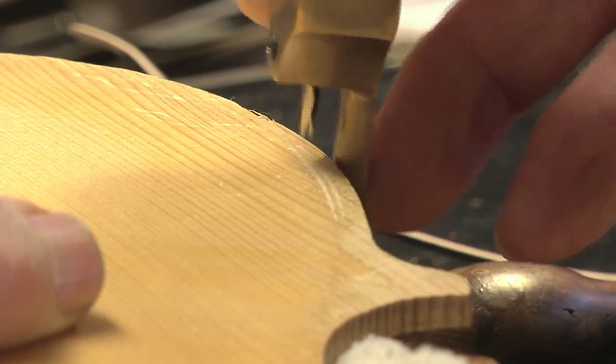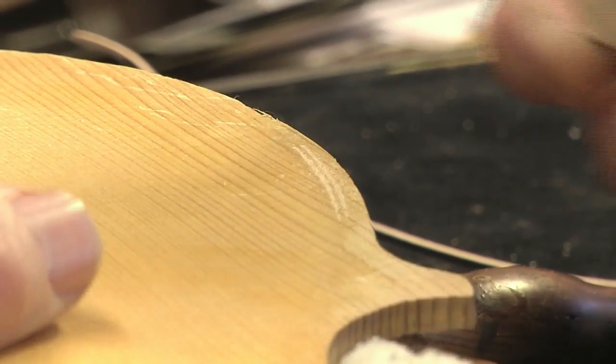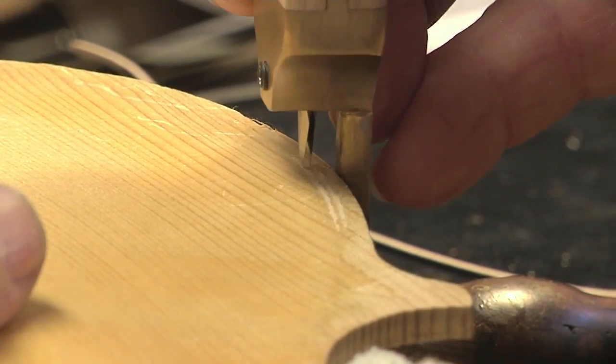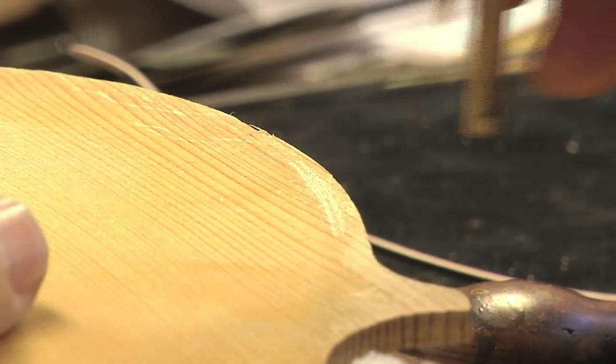And the reason why you see it jumping like that is that, as I said before, the wood that's light colored is very soft and the wood that's dark colored is very hard. So this is sort of chattering as it goes over it, but they're very sharp and they'll cut those marks in there. So I know